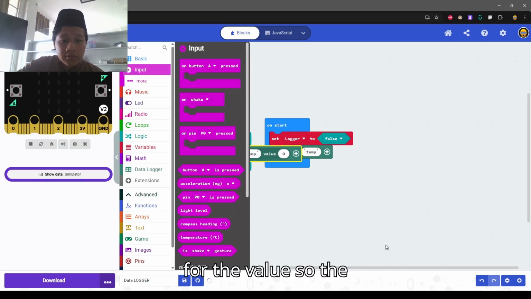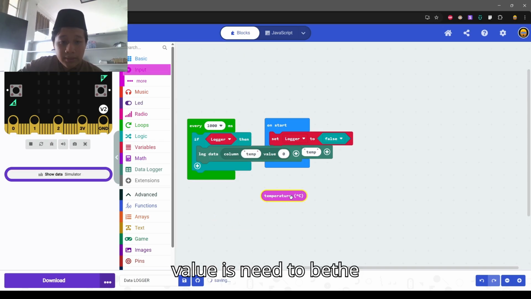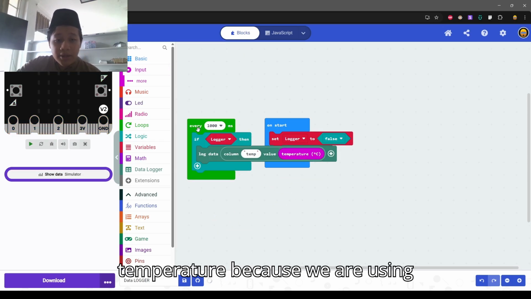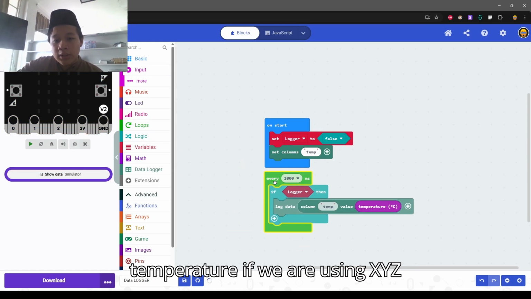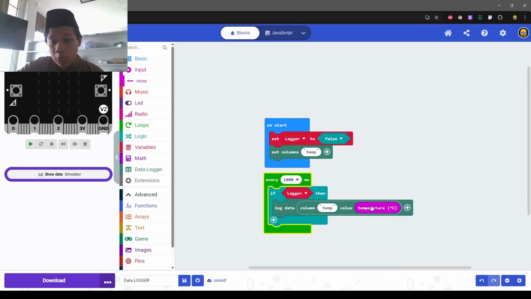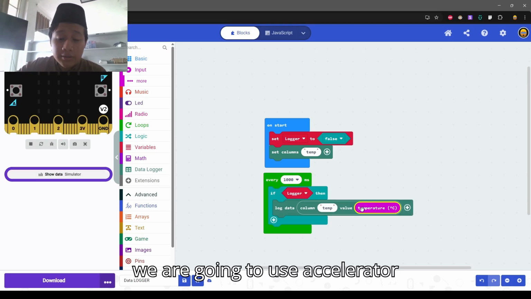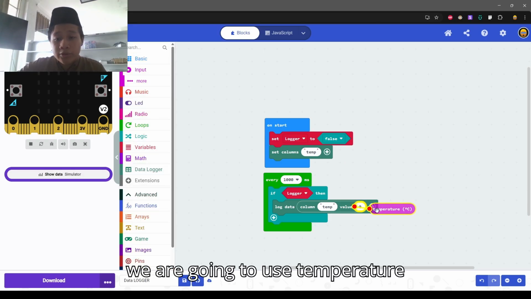So the value needs to be temperature, because we are using temperature. If we were using xyz, we would use acceleration. We are going to use temperature.